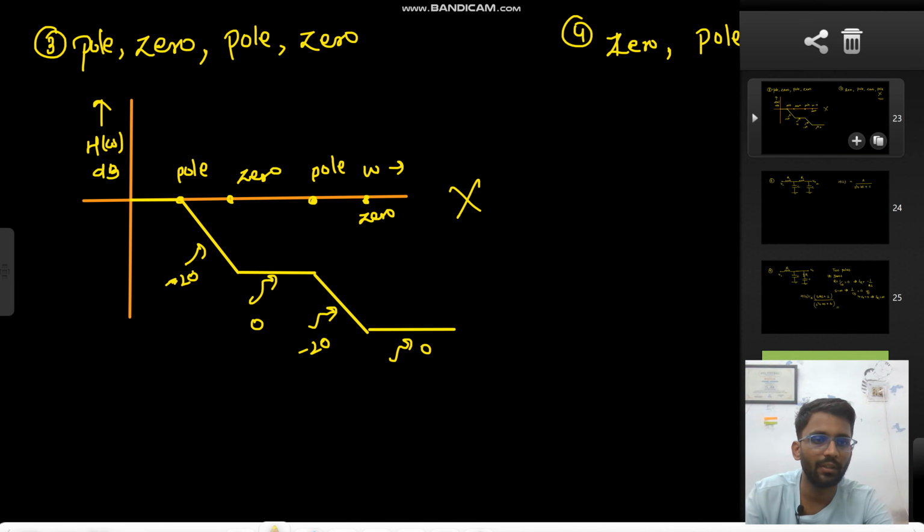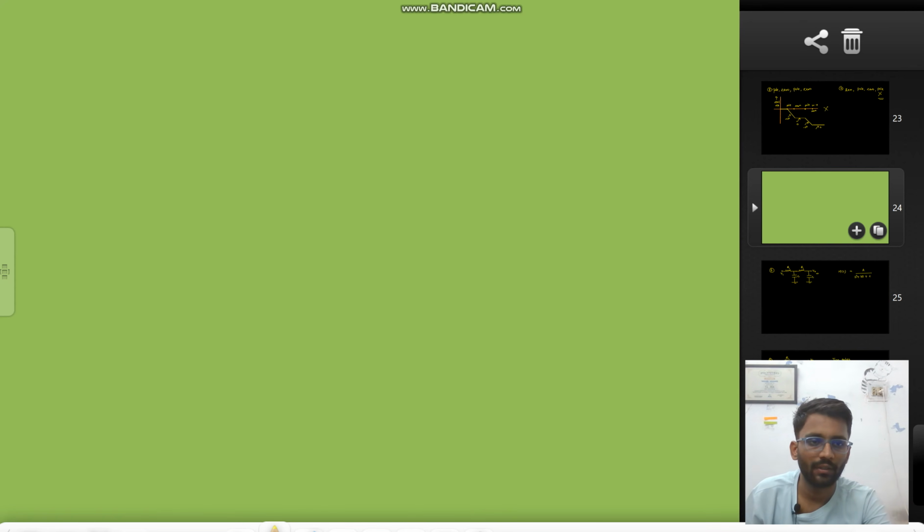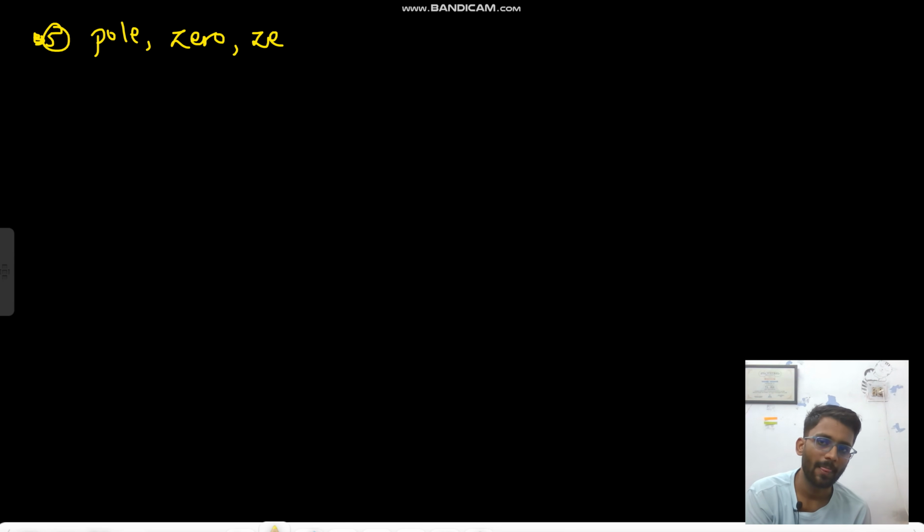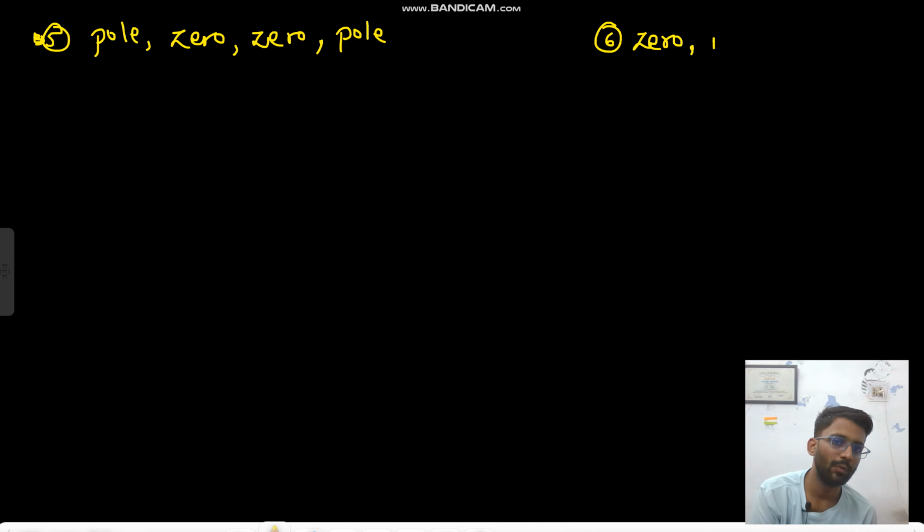So now we have understood what condition can work. This is the fifth condition that can work: pole, 2 zeros and then a pole. This condition can work. And the sixth one is 0, 2 poles continuously